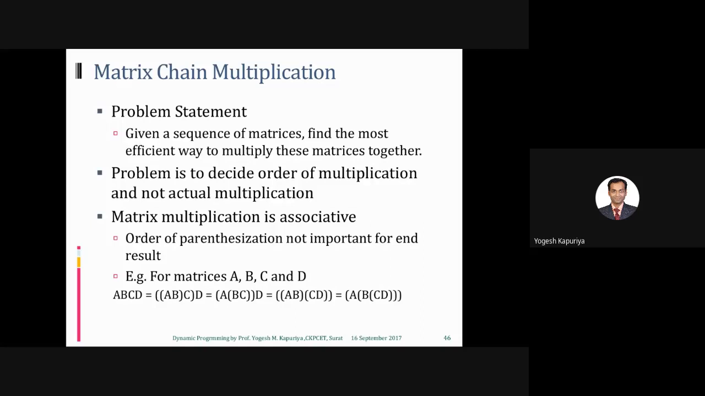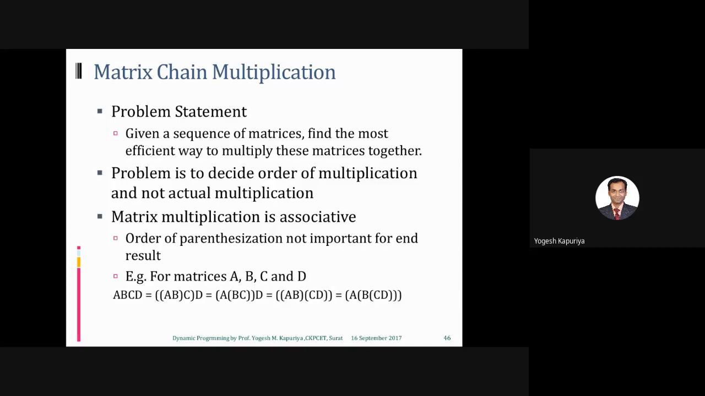So what it means is, you have been given a sequence of matrices. Find the most efficient way to multiply these matrices together. Sequence of matrices means there are a number of matrices given, like A, B, C, D, E, F. It can be anything. Obviously, there is a rule when you want to apply matrix multiplication on two matrices. The rule says that